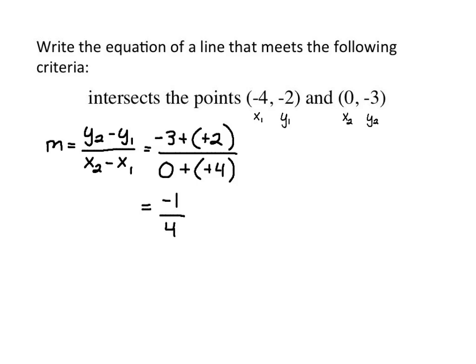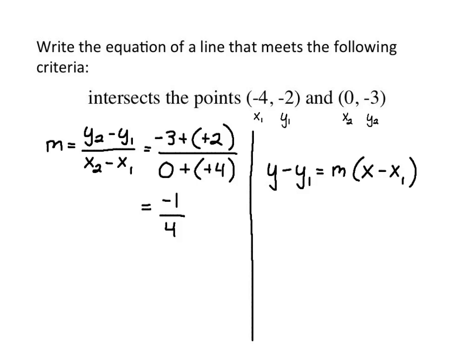So now all we have to do is just plug into our equation, and it looks like we have enough room right over here to do that. So if I write out our slope point form, that's y minus y1 equals m times parentheses x minus x1. I can simply plug in our values. So y minus, I can see from the points given that our y1 was negative 2. In other words, y minus a negative 2